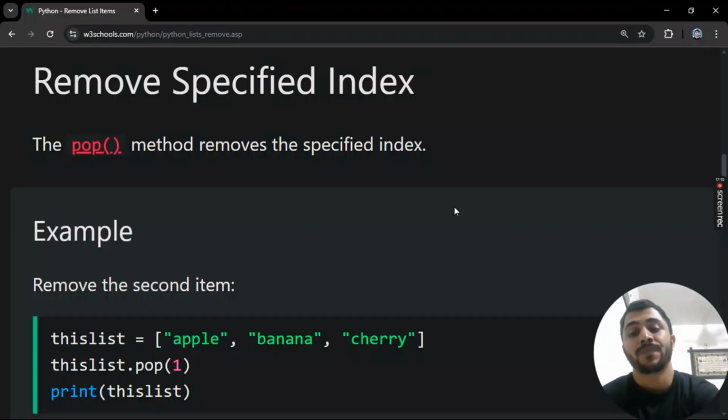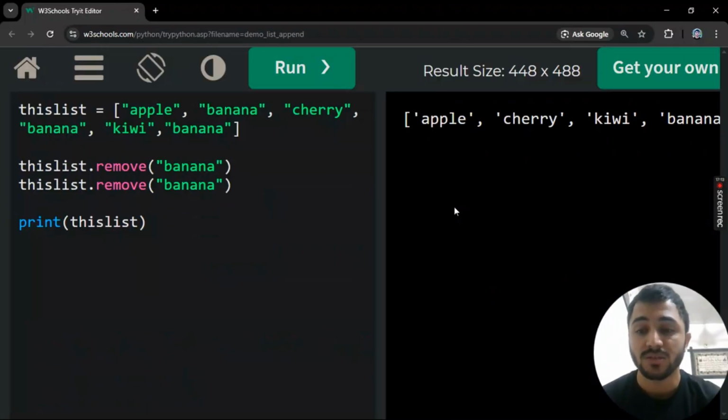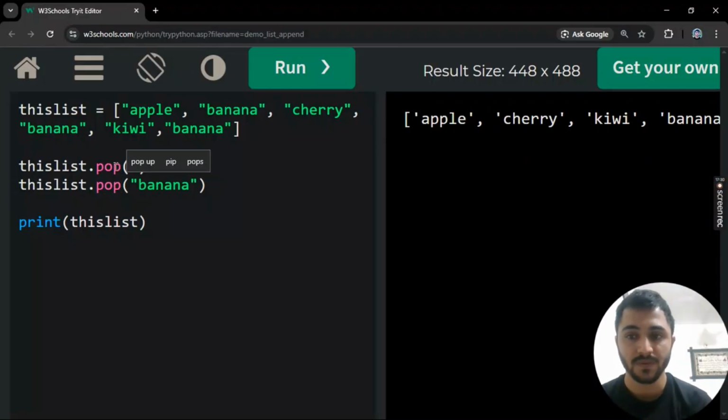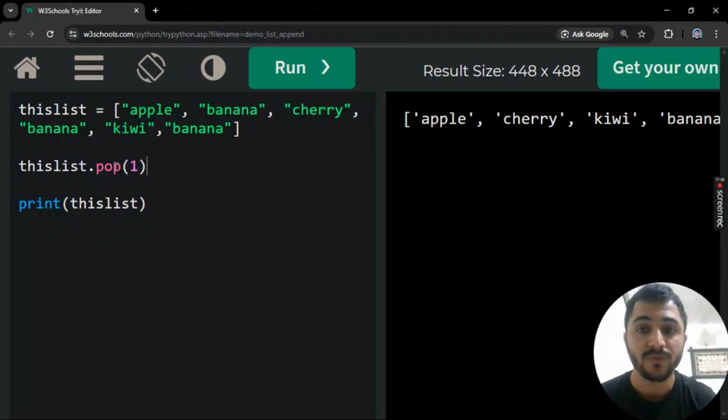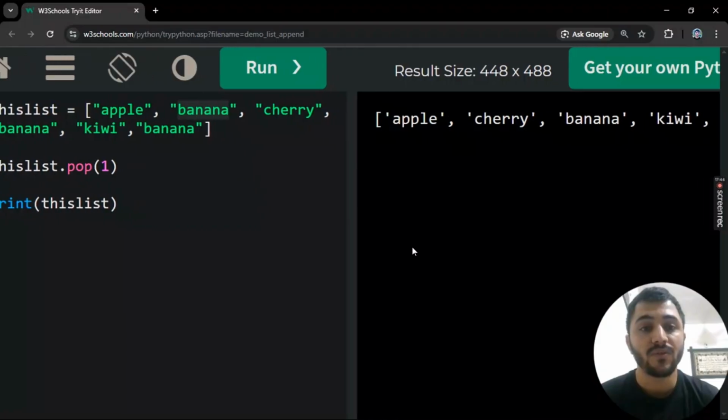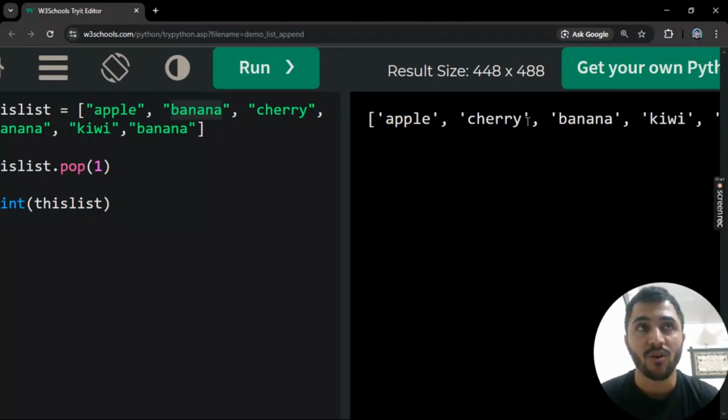we use pop. What pop does is, we just need to give the location of the item and it will remove it. So instead of giving a value, we have to give the location, which is 1, and with pop we get the second item. We only want to remove the one banana. Then if we want to remove the second banana, which is on location 2,